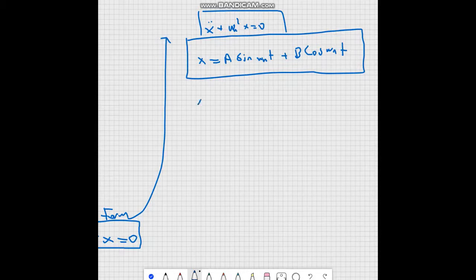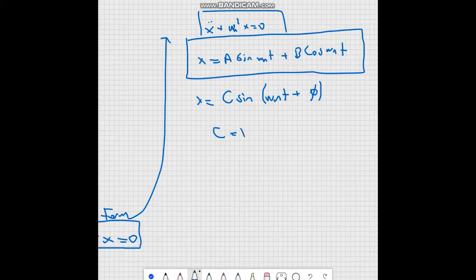There is another way to show this with a phase. The solution of this differential equation is c sine of omega n t plus phi, which is our phase value, where c